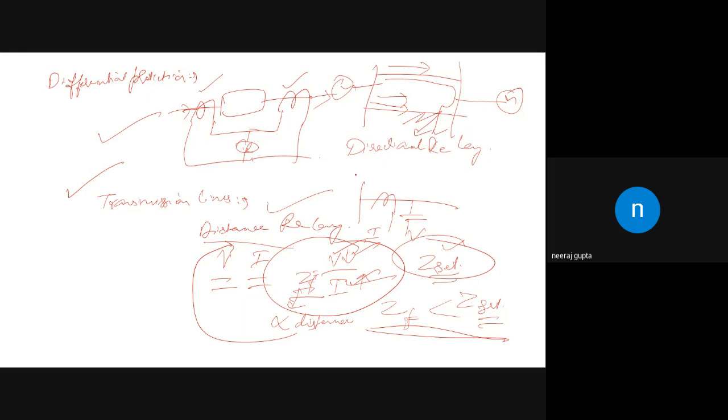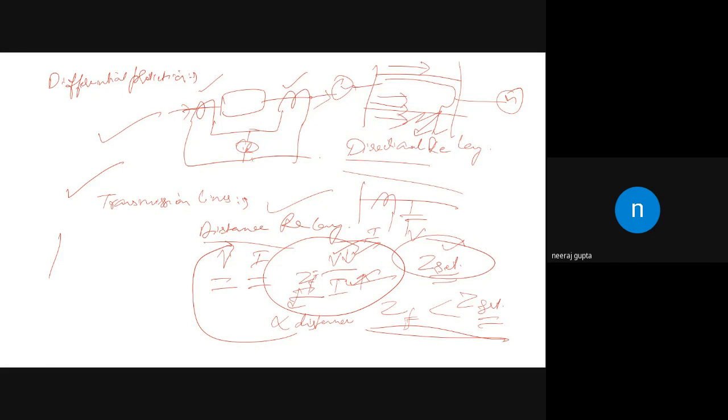And next is the directional type of relay. This directional type of relay takes into consideration the direction. Let us suppose the intended path of the current is in this direction, and if it is flowing in this direction, it means that something is feeding the fault in the system. So the directional relay is used for that very purpose. It is also used for the ring main. We can use it in a system where we have a doubly fed system.